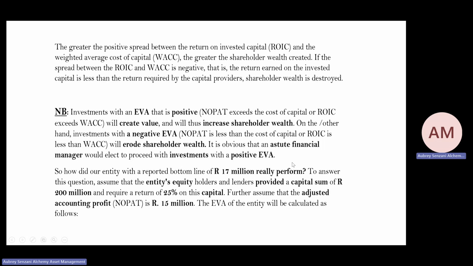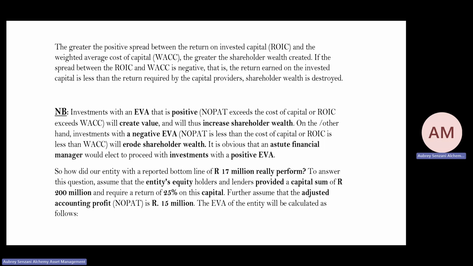Because, in other words, what are you achieving? You are maximizing or at least growing shareholder wealth, which is exactly our main overarching goal. And then here they just give us an illustration. Earlier in the slide, they were asking if a business has a net profit of 17 million rand. Once you hear that, you automatically assume the business is doing well. 17 million rand in profit, just by the magnitude of that number, we think the business is doing well. However,